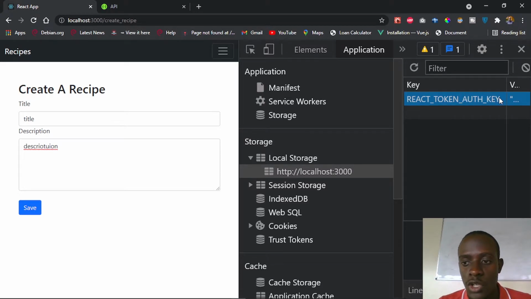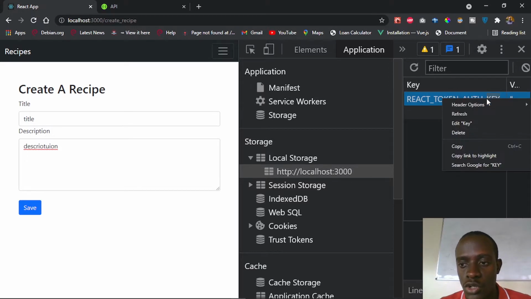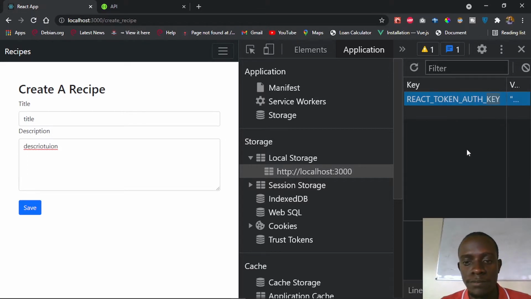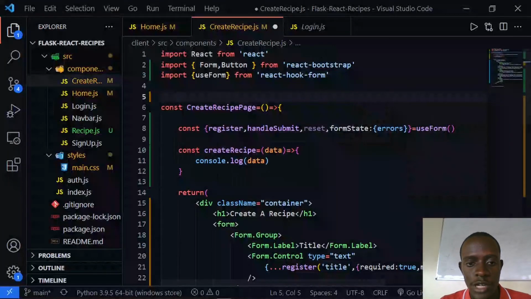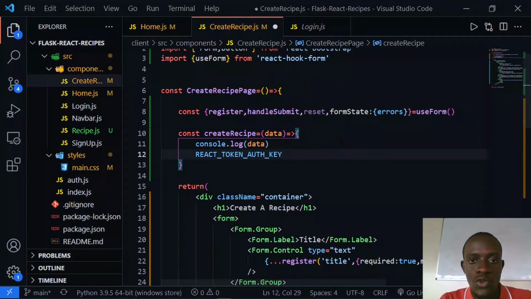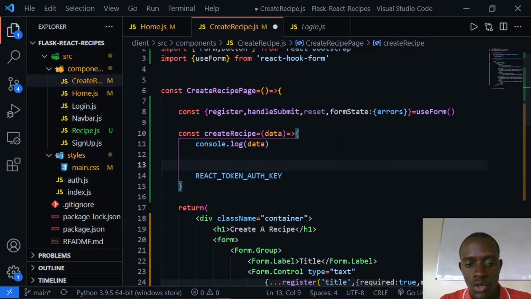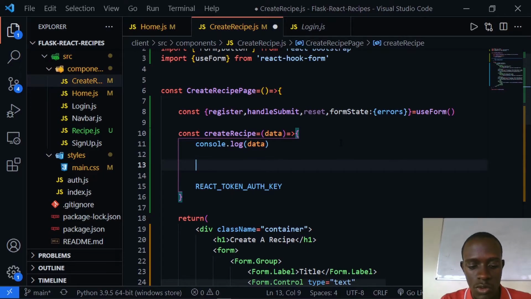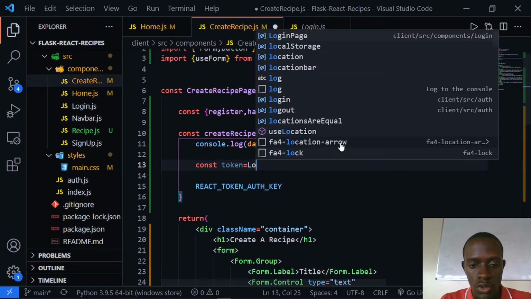Okay, I'm going to copy the entire key right here, then go back to our front end code. Here, to access our key from local storage, I'm going to say const token is going to be equal to localStorage